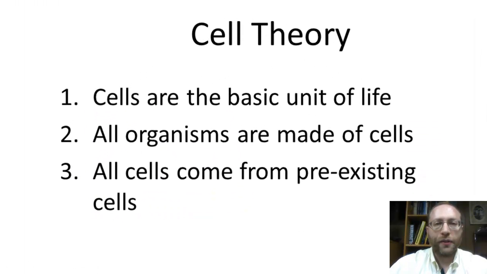Now we come to cell theory, since we've gone through all the levels of organization. And there are 3 elements of cell theory. The first is the cell is the basic unit of life, and that was just shown before. If you don't remember, then just hit the rewind. Also, all organisms are made of cells. It could be a single-celled organism like an amoeba, or it could be one composed of many cells like you.